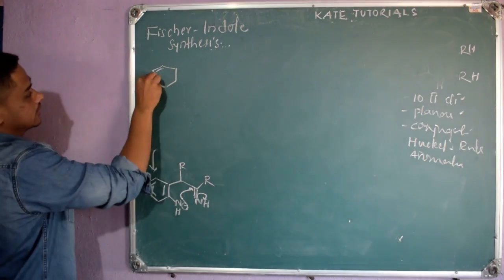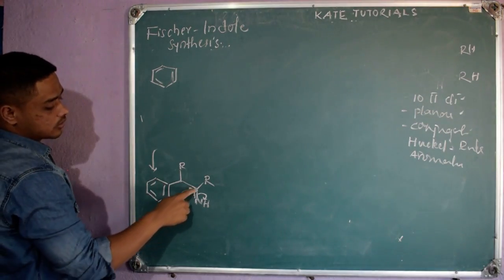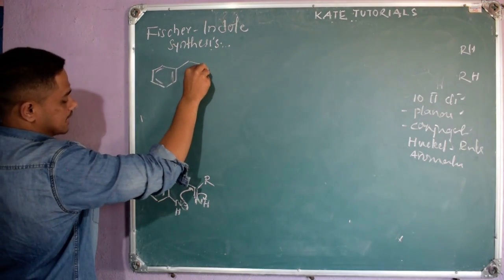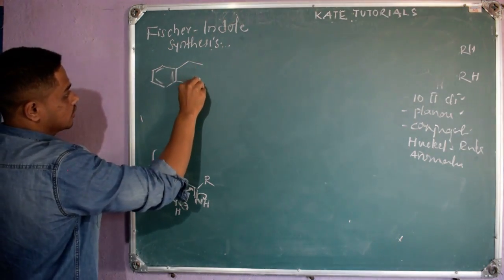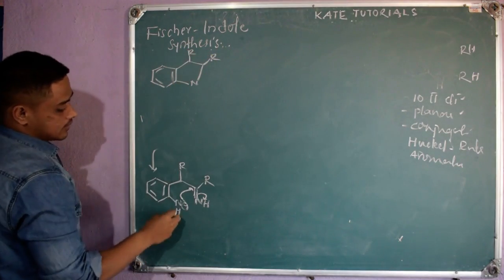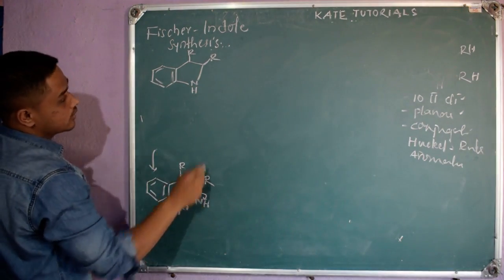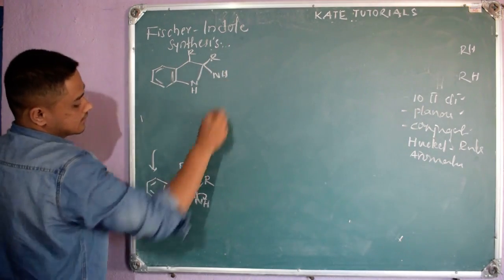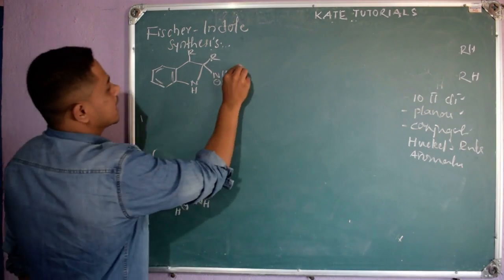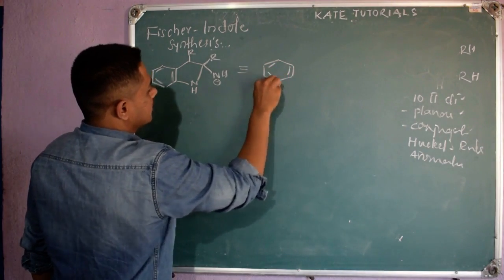So what happened? This was an electrophilic carbon, and the nitrogen is electron rich, so nitrogen-carbon bond formation was happening. So what will we get? The other things remain as they are. See, here I have R, here I have R, and this nitrogen-carbon bond formation happened, and from this carbon I have NH. As it took the electron density, it will get a minus here, right? So can I write it nicely like this?